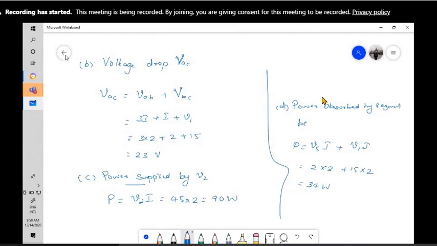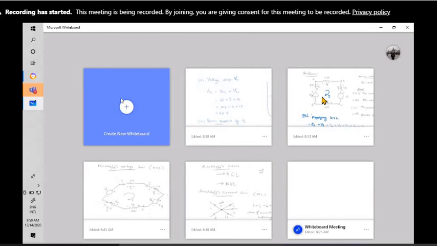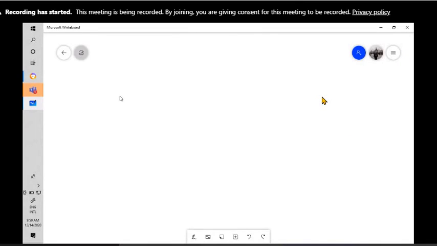Now let me take up one more example. Now we are going to use the previous circuit. I hope in your copies you have now drawn the previous circuit. For this question also we are going to use that previous circuit only, and I am framing that question based on the previous circuit. So this will be my problem 2.